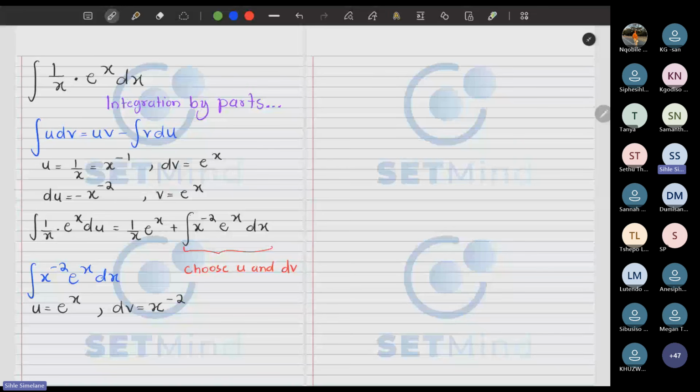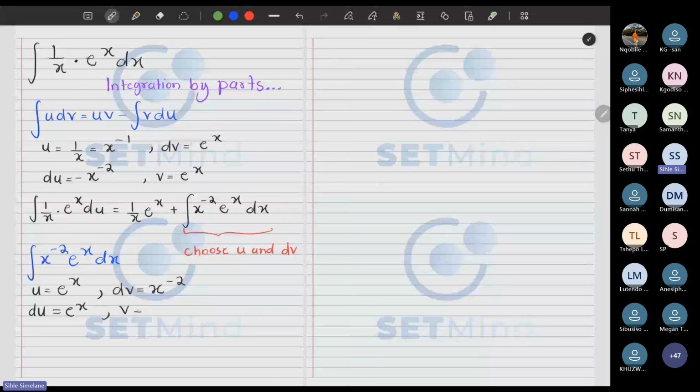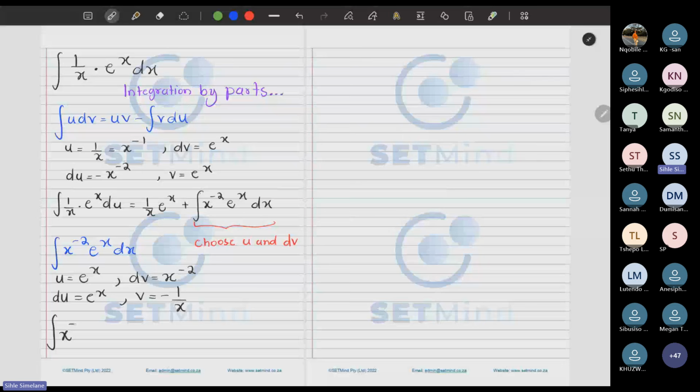So long story short, our du will be e to the x, and our v will be, if you do the integration here, -1/x. So what does it mean? It means that the integral which I have here is going to be u times v, which is going to be -1/x times e to the x, and then minus. If you observe carefully,